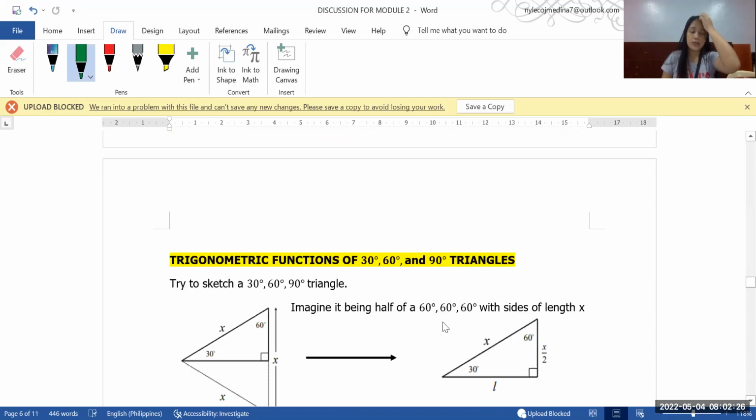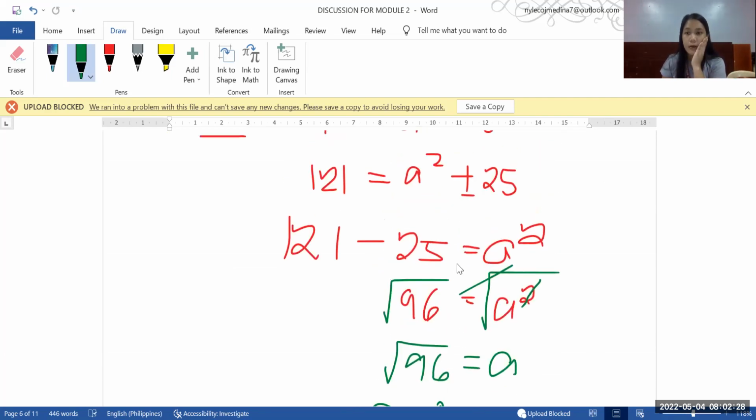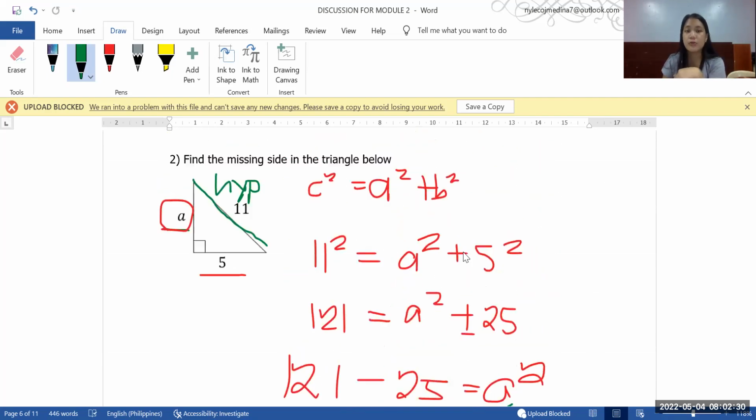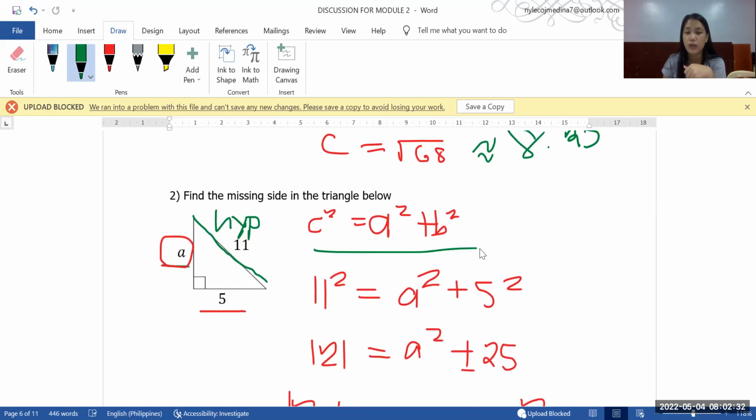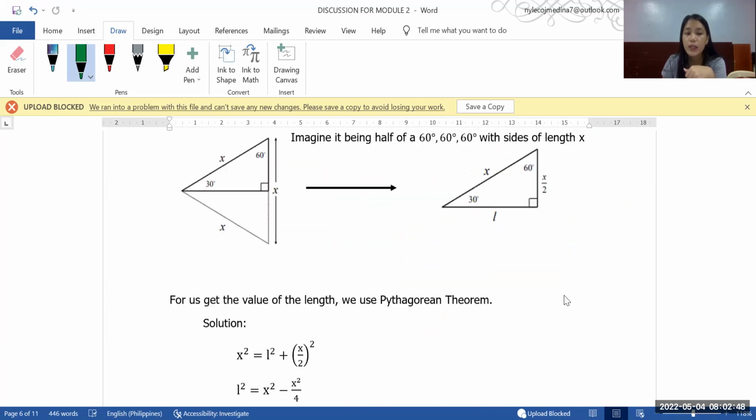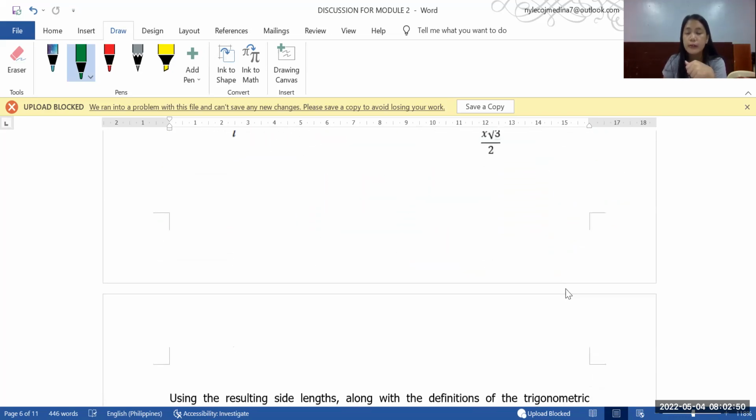So, yung tinatawag na Pythagorean theorem, gagamitin lang natin itong equation: C squared is equal to A squared plus B squared, wherein ni C tayo is your hypotenuse. Huwag kalimutan, your C is your hypotenuse. And then we can now find for your